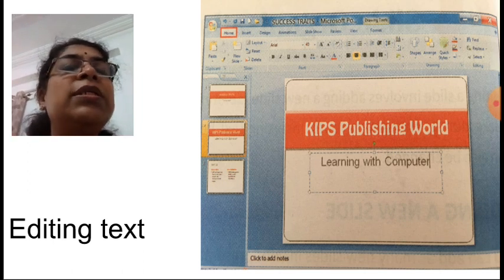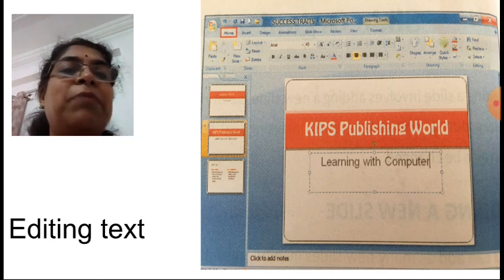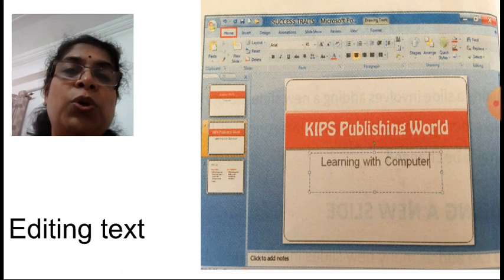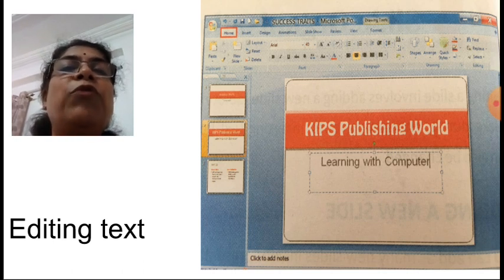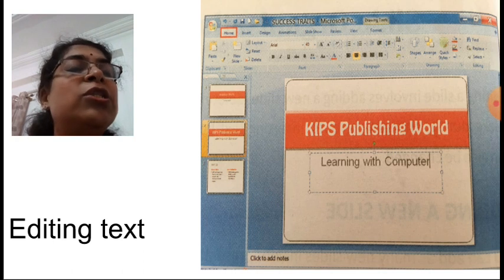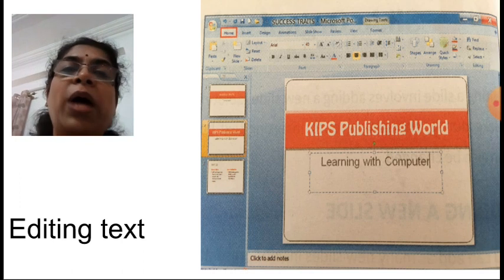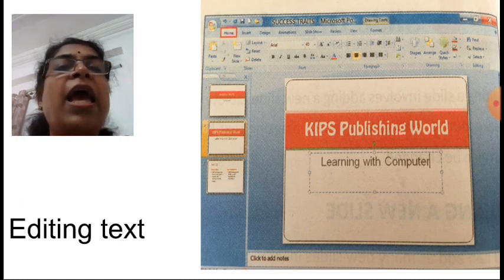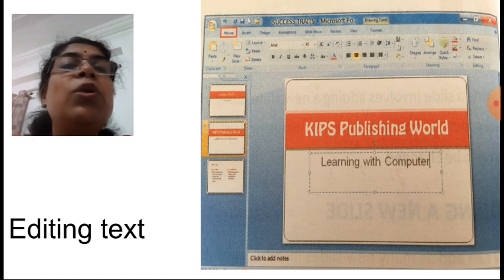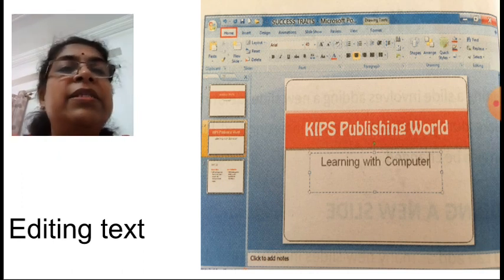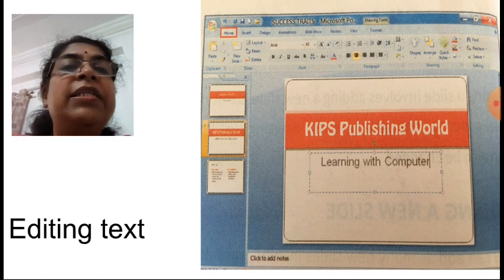Now here suppose on the screen the title and subtitle slide layout is shown, with the title being the publishing world. Now in the subtitle, we want to do some editing. For this text we want to do some editing. So place your cursor at that position and highlight the text. Now all of you are aware how to highlight the text. For that use the shift key and the right arrow key, or double click on that sentence, or press the mouse left button, keep it pressed and scroll over the sentence. The sentence will get selected, or the particular word will get selected.